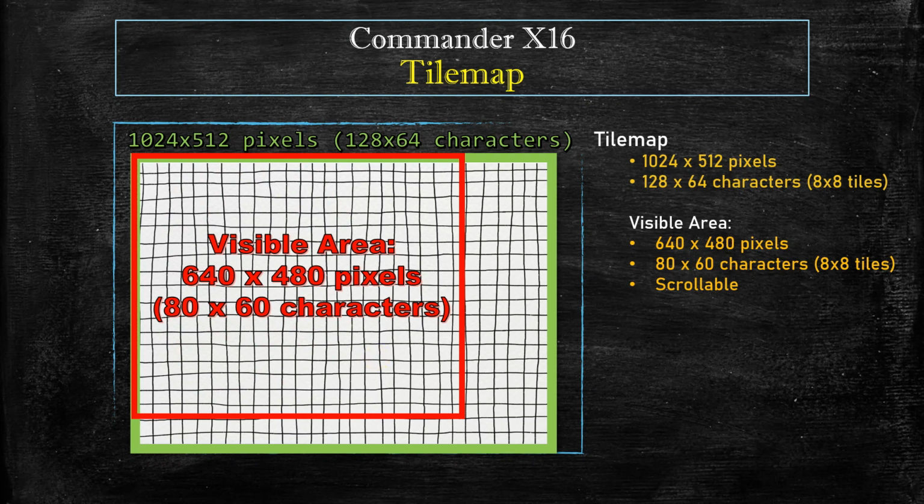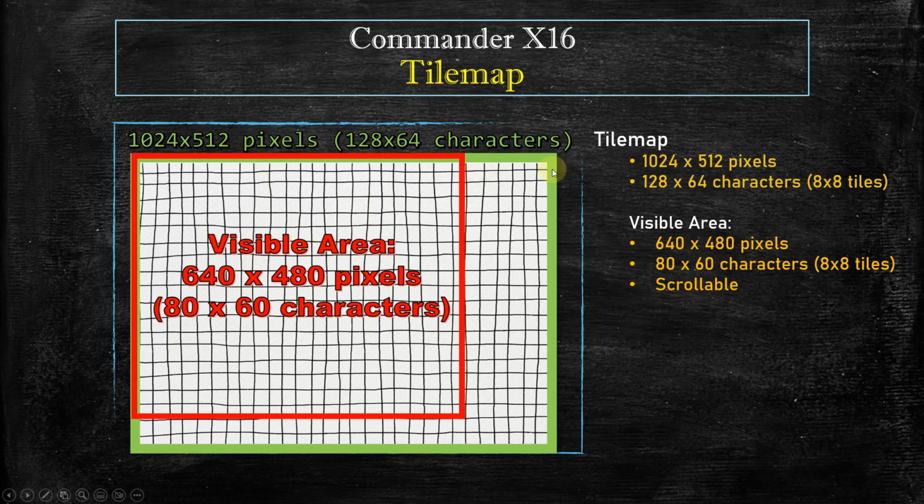And you can think of this kind of like a window in your house. So for example, if you're in your living room looking out your window into your backyard, of course you can't see your entire backyard from inside your living room. You can only see what portion of the backyard is showing through your window. And as you reposition yourself inside your living room, you can look through the window and see different portions of your backyard. Well, it works exactly the same way here, whereas your backyard would be represented by the tile map,